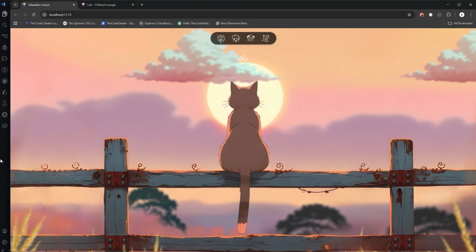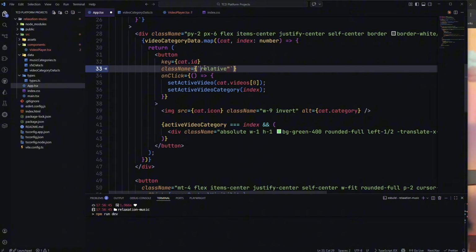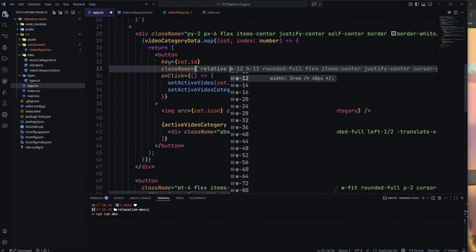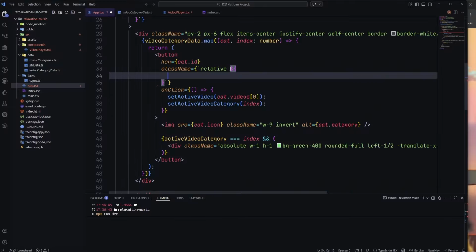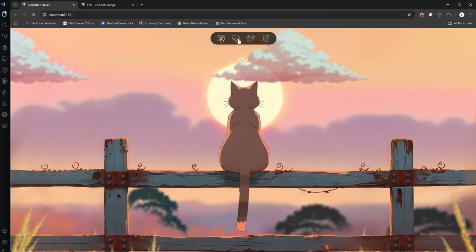All right. So the other thing that we want to do is the opacity of the button. So we're going to be using template literals here to style this conditionally. And let's do that. All right. So active category, if it's equal to index, we're going to set opacity to 100, and otherwise opacity to 50. So the rest, they're going to have opacity of 50, but the active one is going to be 100, as you can see. It's working fine. That's perfect. So now we have the categories working, and we can switch between scenes,